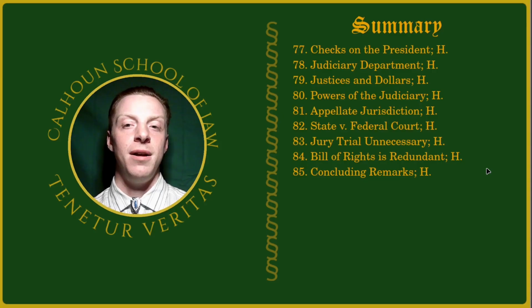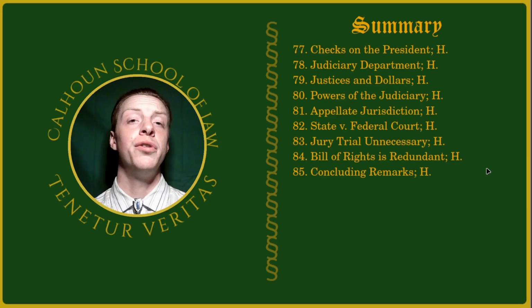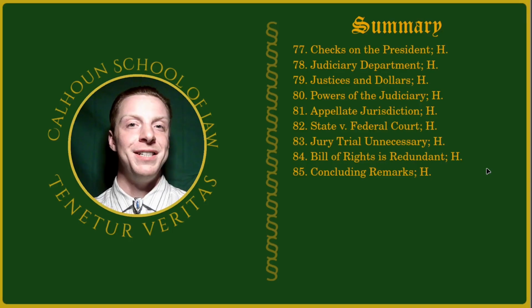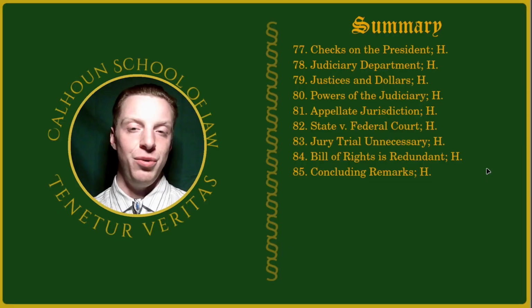The judiciary, the legislative, the executive are all servants of the citizens, not vice versa. And that's what he really explains in 80. 81, appellate jurisdiction. Hamilton is describing, of course, the higher tribunals as well as the final appellate court, which is the U.S. Supreme Court, and why it's so important to keep that appellate jurisdiction intact rather than providing a general jurisdiction to any and all cases.